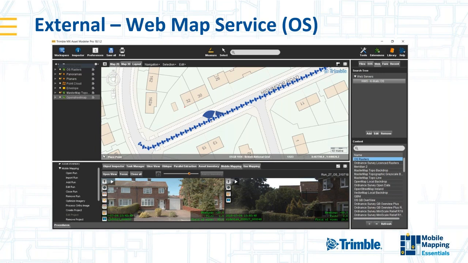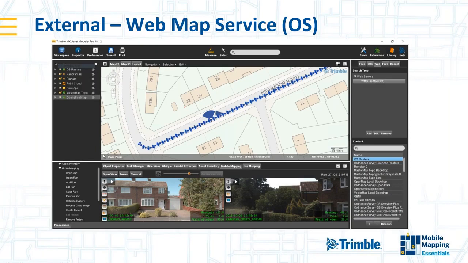Just to mention that usually in the top window here, the map window is by default, it would be an OpenStreetMap background, but any mapping that's available as a web service can be attached here. So in this case, this customer, this is in the UK, they had access to very large scale Ordnance Survey mapping, which is this mapping here, and we just connected to it using their account to connect to the Ordnance Survey